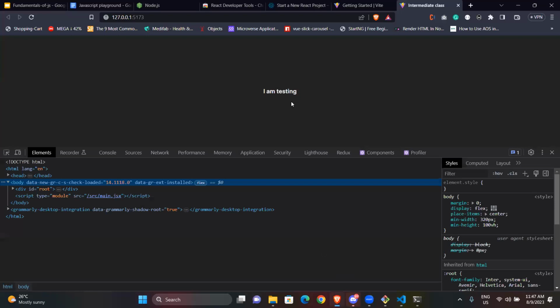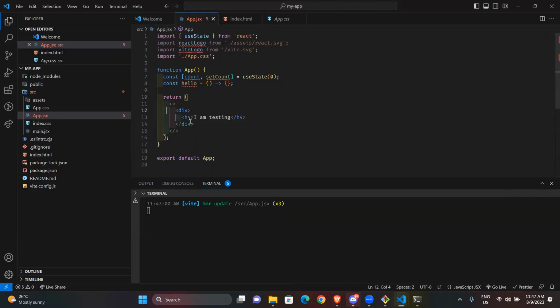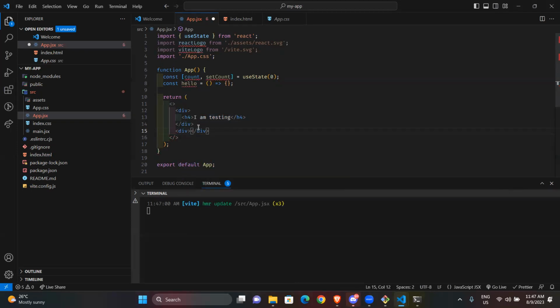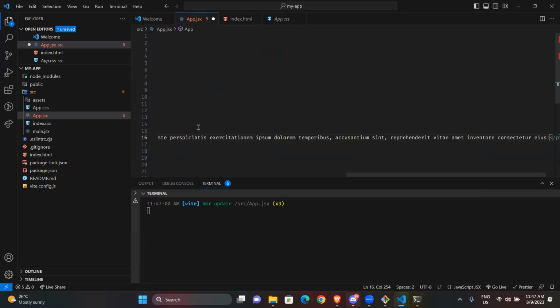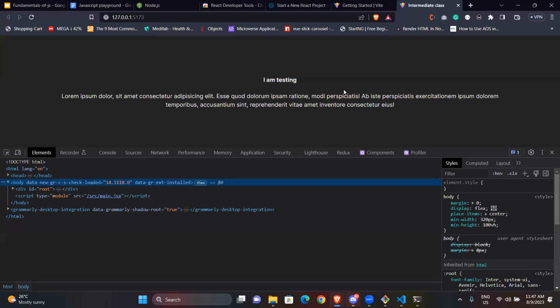Automatically it will still show I am testing. But the beauty of this one is that you don't need just one div, you can put another div here. Okay, so you see this shows up.